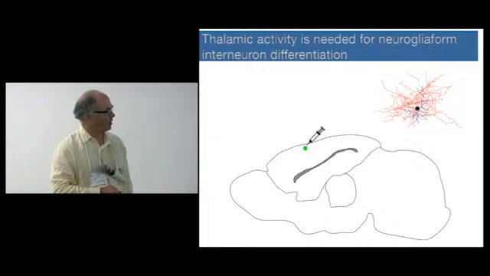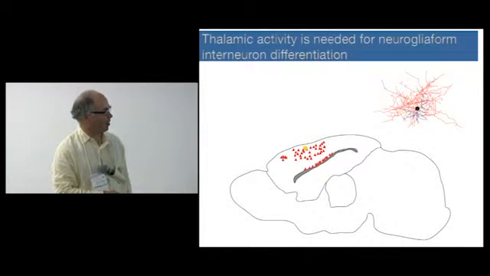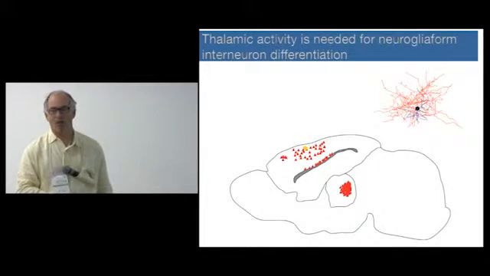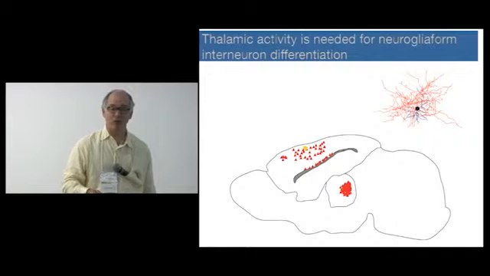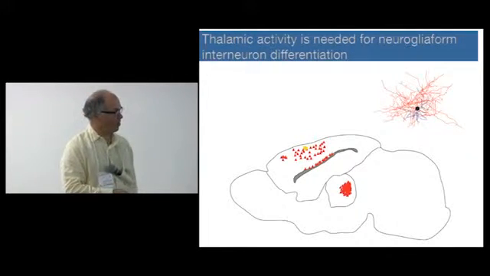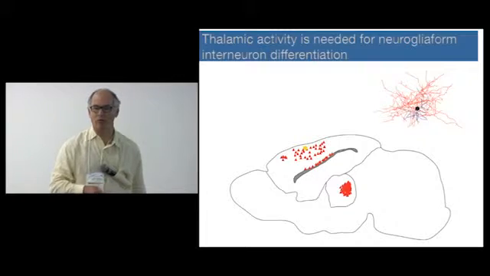But basically, you inject rabies virus, and that infects your starter cell. Then it transfers the rabies to all the afferents. What you see if you do it with a neurogliaform cell is it gets a whole lot of cells from the cortex and subplate, and surprisingly, a huge number of inputs from the thalamus. Work on the neurogliaform cell in the adult suggests it doesn't have such a strong thalamic input. So this seems to be an unusual developmental feature, that they get strong but transient thalamic input to the neurogliaform